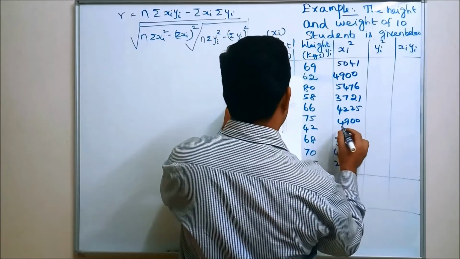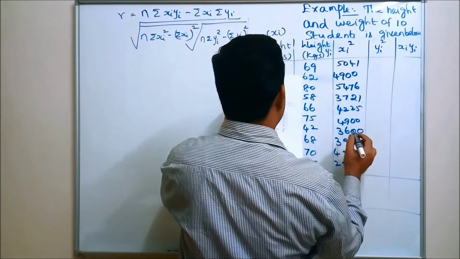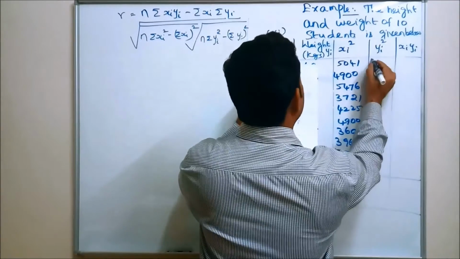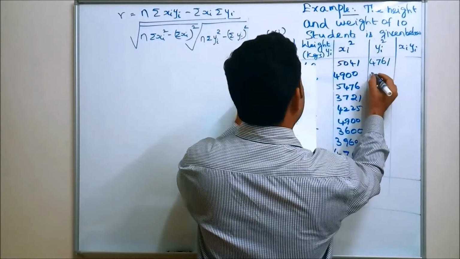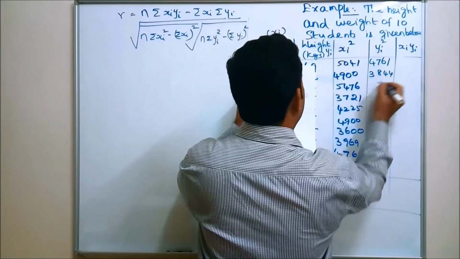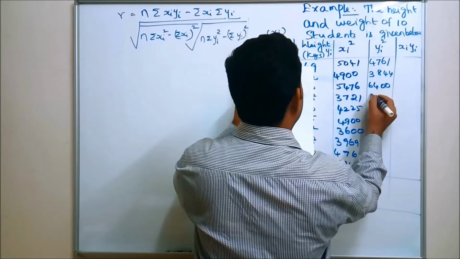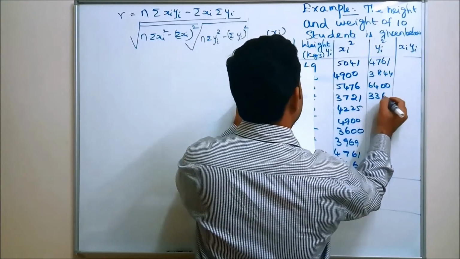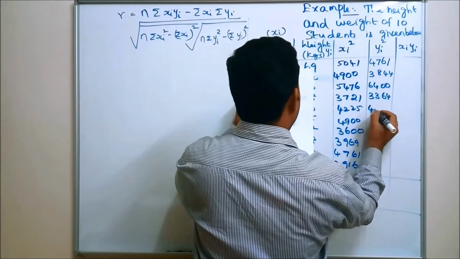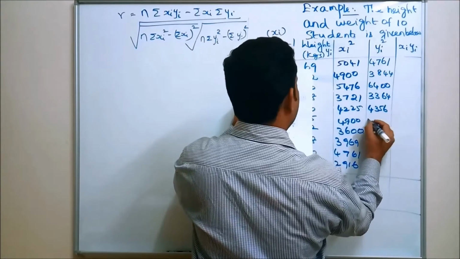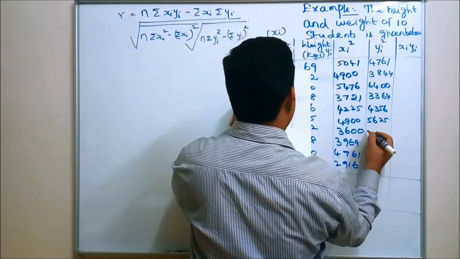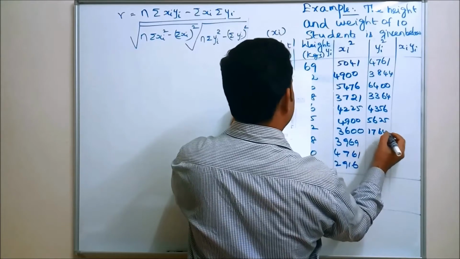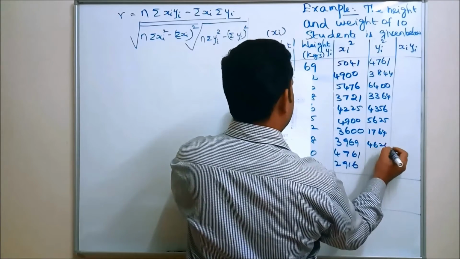3969 and 3600, and for Y it is 4761, 3844, 6400, 3364, 4356, 5625, 1764, 4624